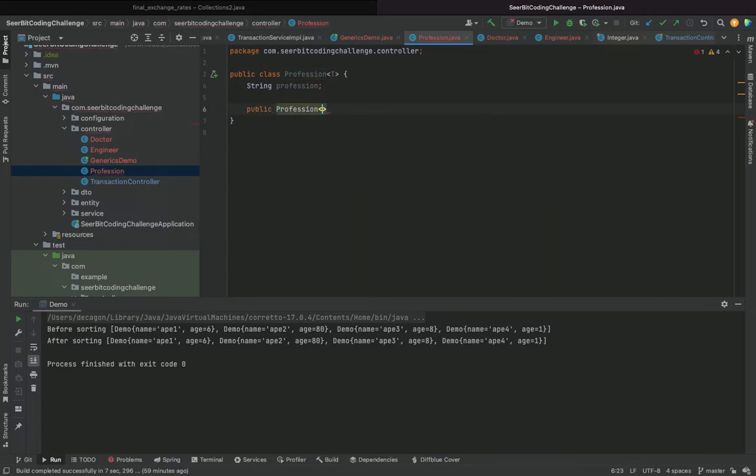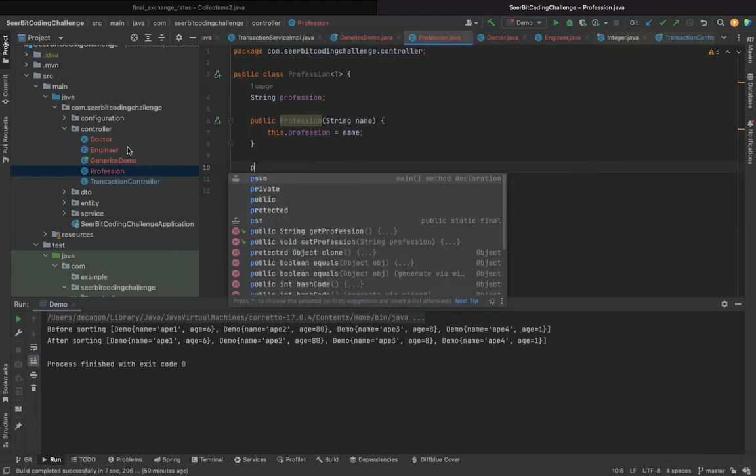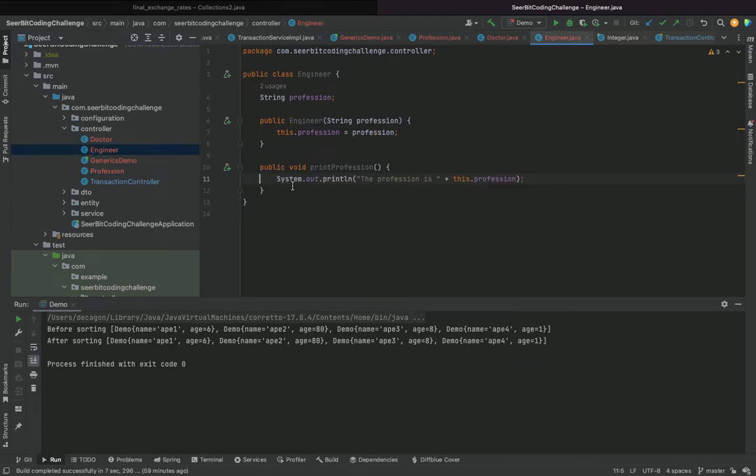We call it Profession, and it takes in a string name, and then this dot profession equals name. If you now come here, what I'm trying to replicate is this particular thing you're seeing here, which I want to print.